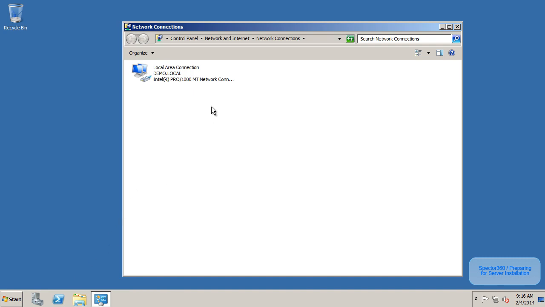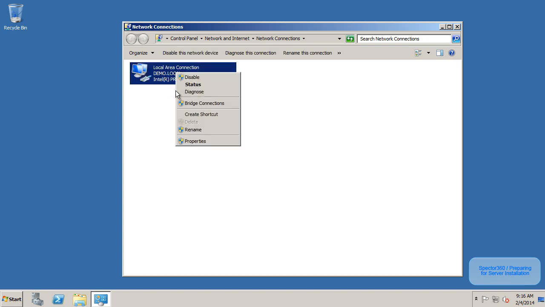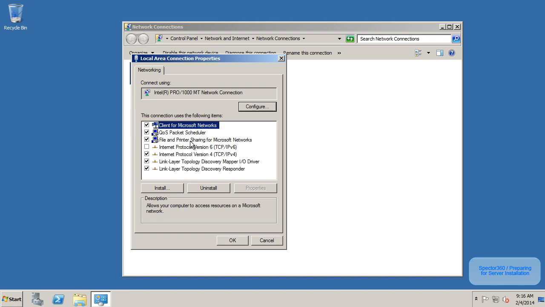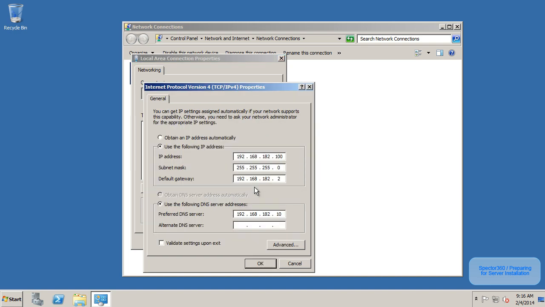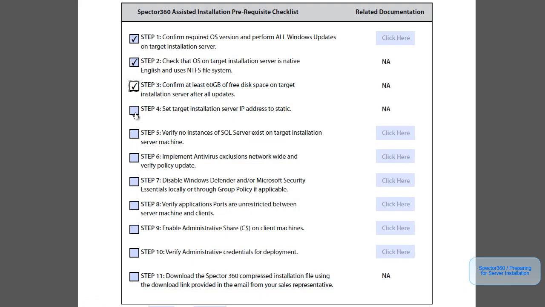We then want to select the local area connection for our machine by right-clicking it and selecting Properties. Generally, we will select Internet Protocol version 4, choose Properties. When we do this, we want to select the second option to use the following IP address and go ahead and input the appropriate information. If you're unsure of your static IP address, you should consult with your IT provider. It is possible to utilize a DHCP address if it's reserved within your pool. So we can check off Step 4